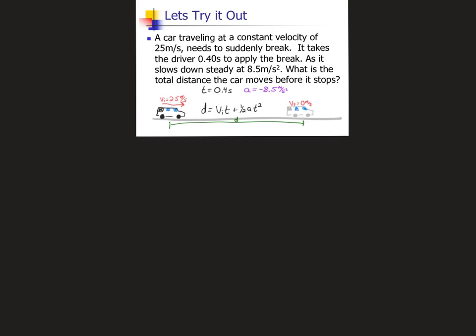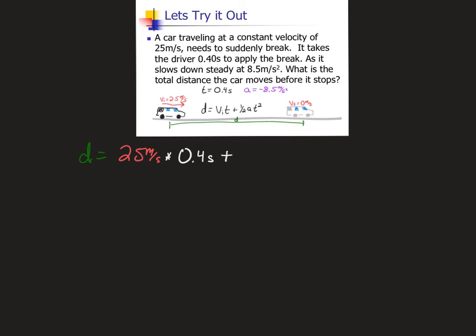And what we have is our initial velocity, and so I'm going to substitute items in and say that my distance is equal to my initial velocity of 25 meters per second times my time of 0.4 seconds